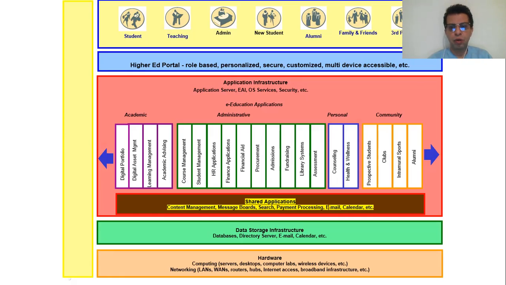And you have what you call alumni. As we said, the graduate students sometimes like to go back and see who graduated with them, where they have been and where they moved. So all these applications might be part of a college, or some of them. But as we said, you start from the top and then you go to the bottom of the hardware and data storage. So first you look at who is involved in this application, and then you go down.